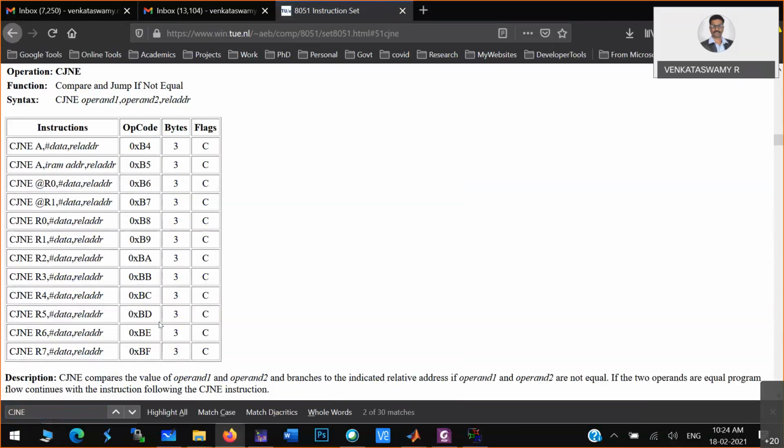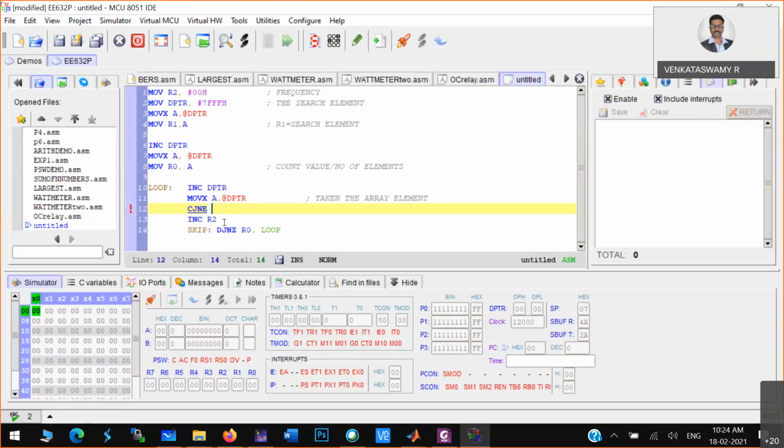So CJNE is A, yeah, so R0 comma. You have to use R0 and the internal RAM address. So what we have to compare?